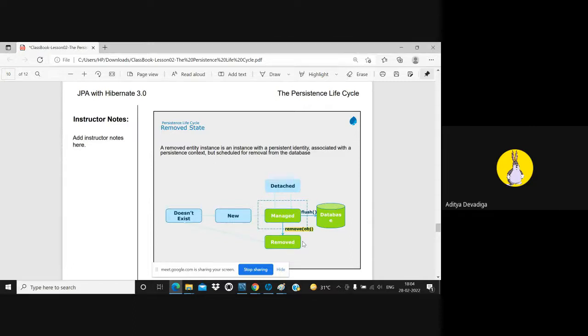Delete. Delete operation. So if you are deleting something from the database table, that means you will reach the removed state. And once it is removed, that means